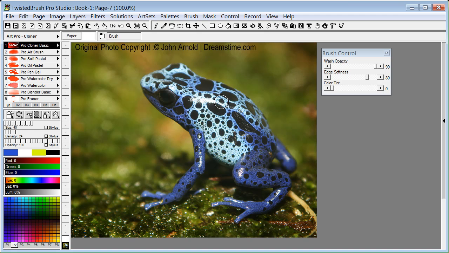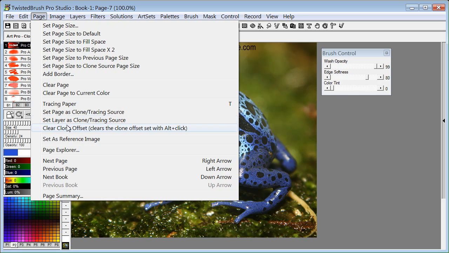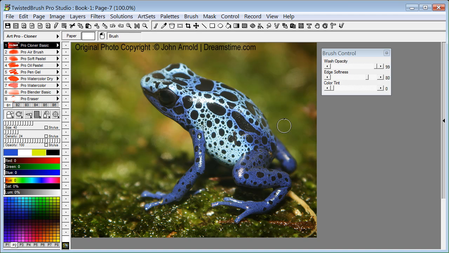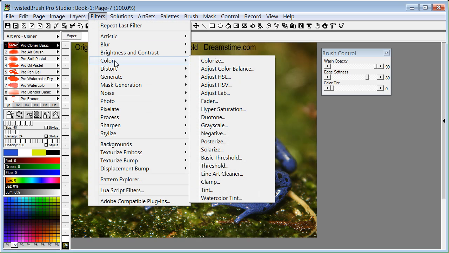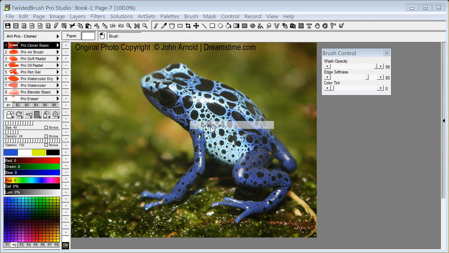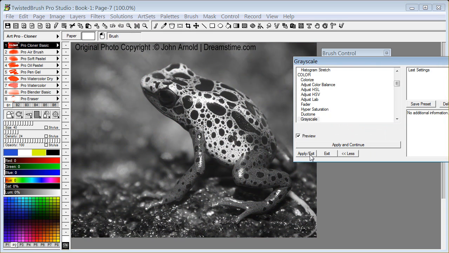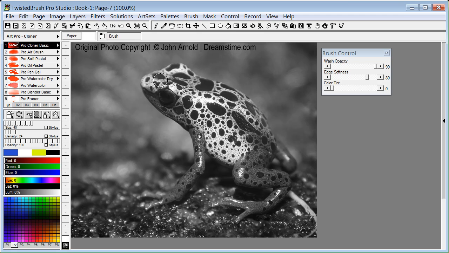The first approach I'll do here is where we are going to save the original image as our clone source. So I'm going to Page, Menu, Set Layer as Clone Tracing Source. So now we have this photo as our clone source. Now I'm going to go to Filters, Color, and select Grayscale, and apply and exit. So now we have our photo as a grayscale, but we've saved the original to our clone source, and we